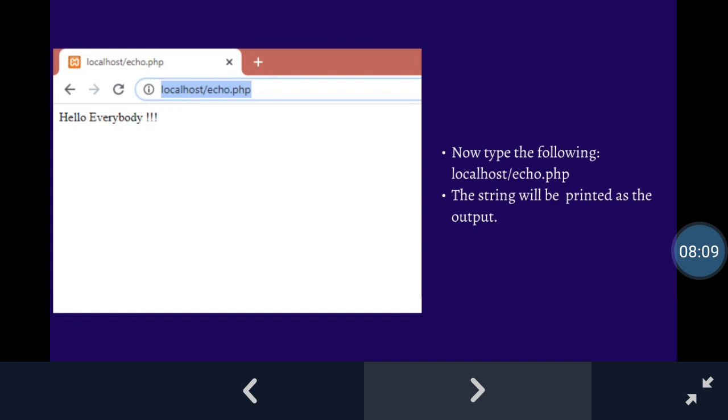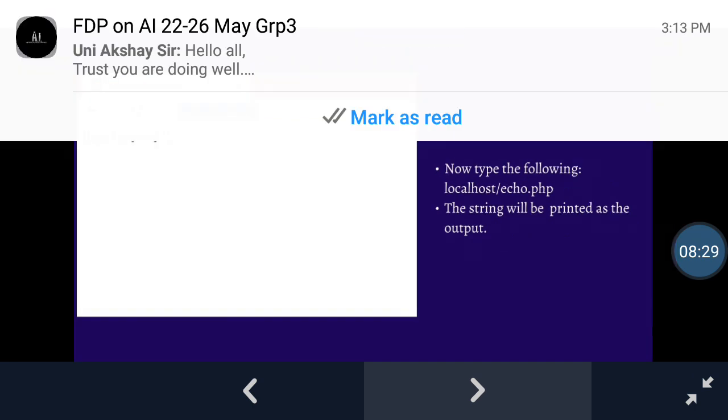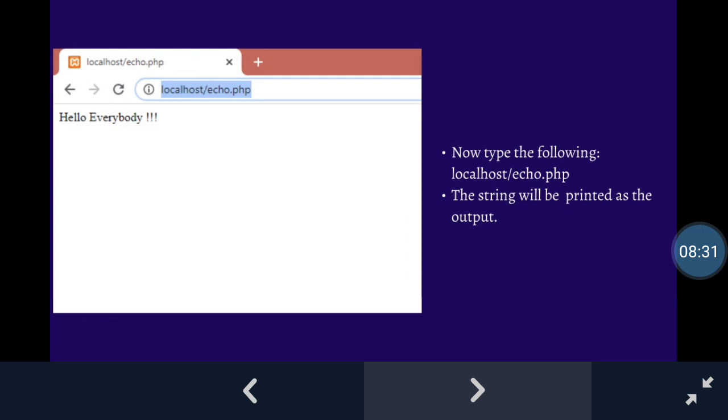This was all about the first PHP program, a very simple program which is just used to print a text on your output window. Remember that we need to save our file into the htdocs folder under XAMPP under C drive. Only then, if you type localhost / echo.php, your file will be executed.